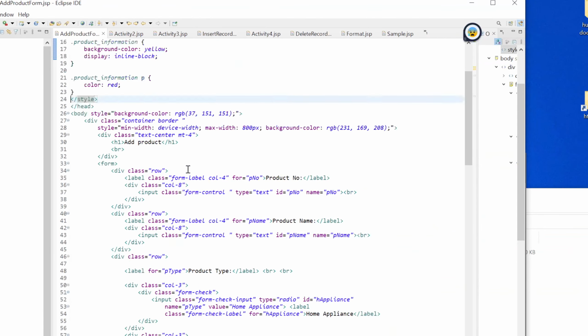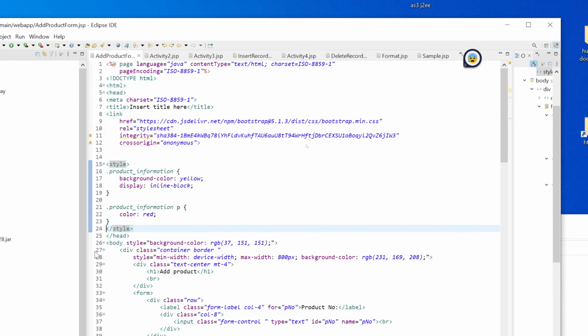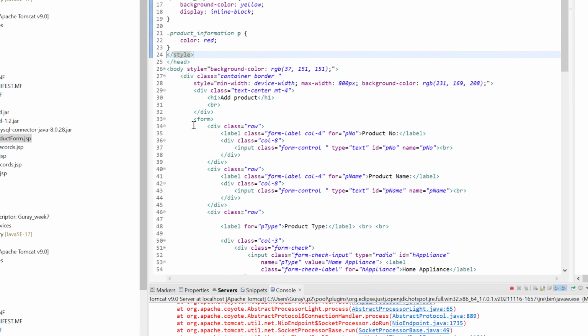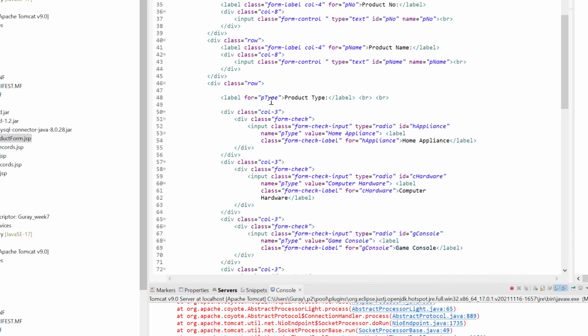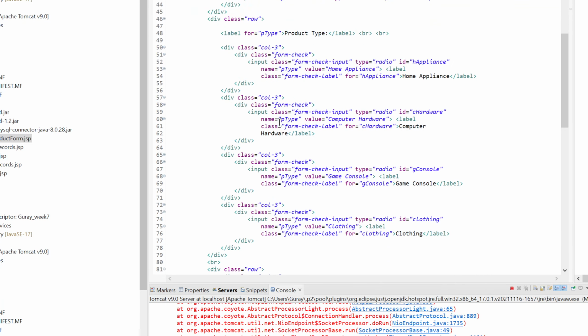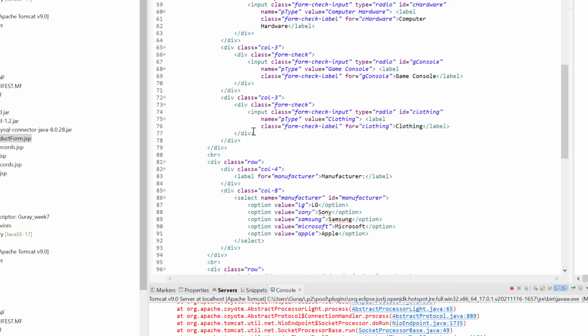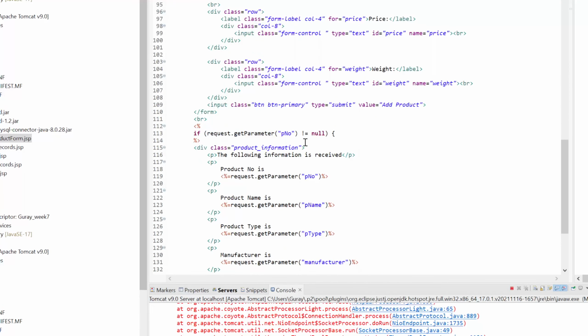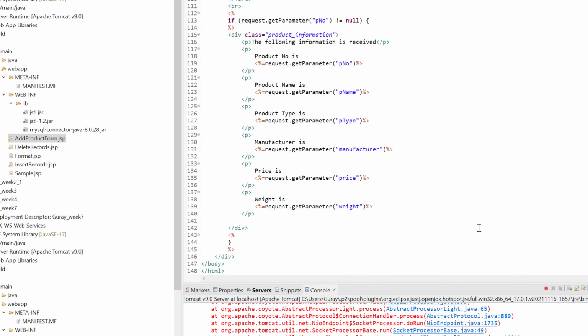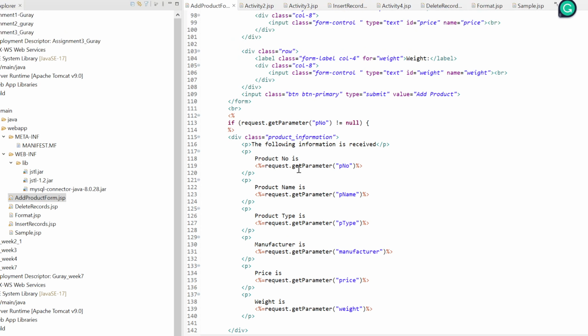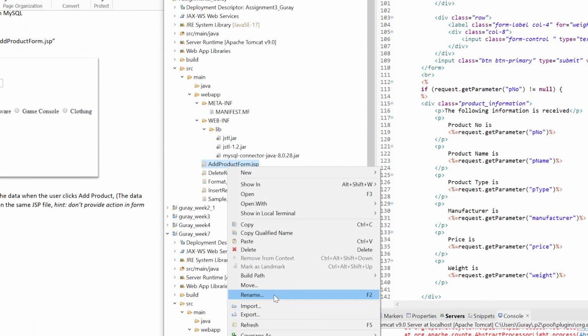our JSP file is here, and we have a form tag, and then we ask the user to insert each data, and then finally we just get this data and display it on the web page. So these are the codes, and if we run it,